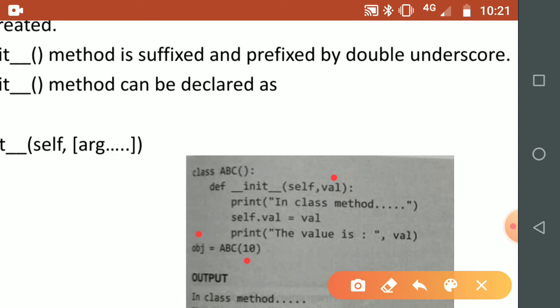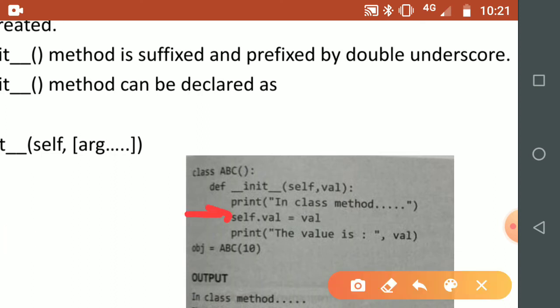Immediately after that there is another normal parameter which will catch the value passed by the object creation line. During object creation I passed this 10, so val will catch that particular 10 constant, val becomes 10.